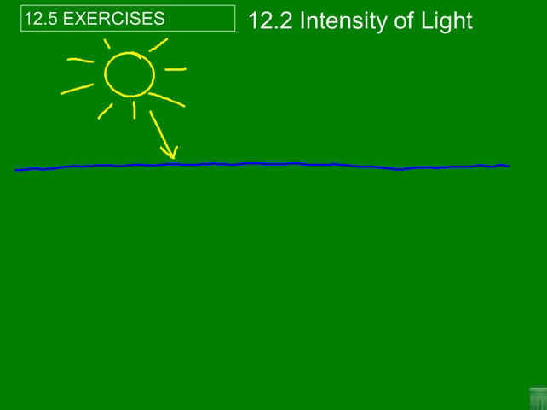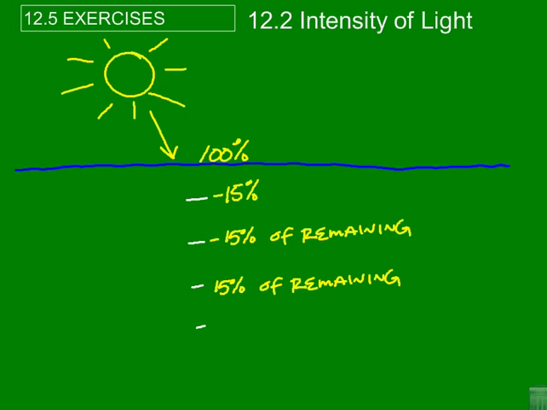And as the light goes down into the water every 3 feet, the intensity is going to go down 15%. So we're going to start at 100% obviously at the surface. We go down 3 feet, it's going to be down to 85%. We go down 3 feet again, and it's not going to be at 70% of the original. It's going to be at 15% of the 85% that it was at 3 feet. So it's going to be 15% of the remaining light, and then 15% of that remaining light, and then 15%